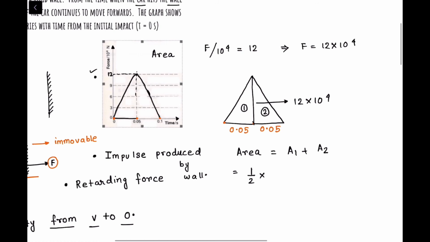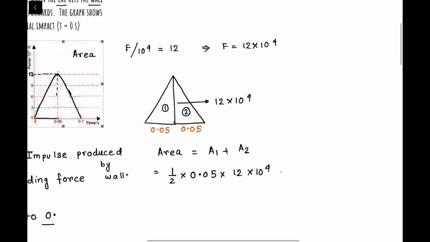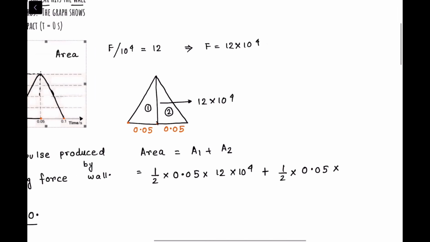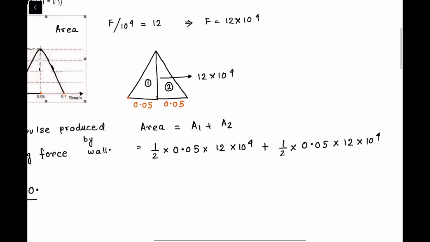For the first triangle, what is the base? 0.05. So half into base into height: 0.05, and the height is 12 into 10 to the power 4. For the second area, what is the base? Again 0.05. And what is the force? 12 into 10 to the power 4. So if I just solve from here, we'll get